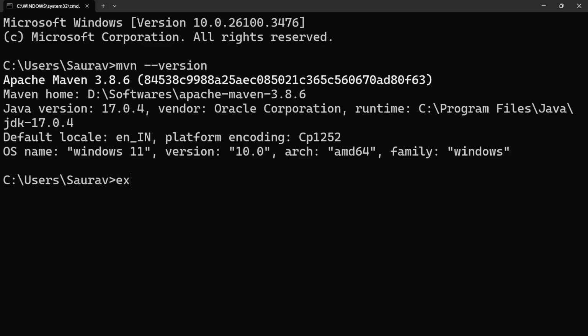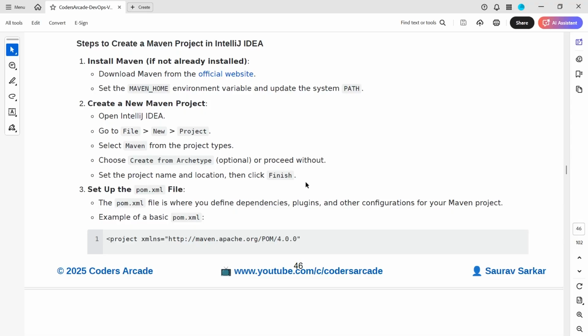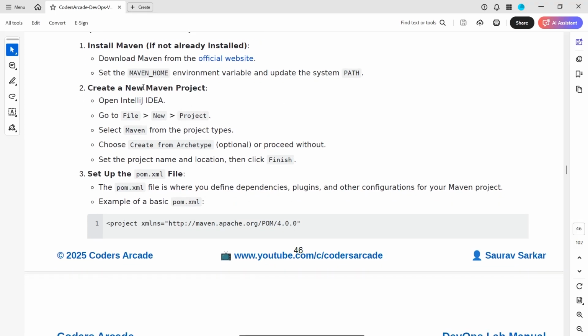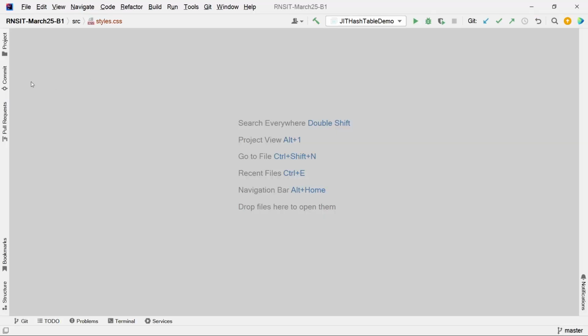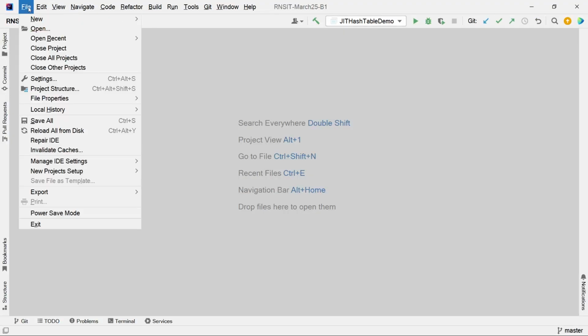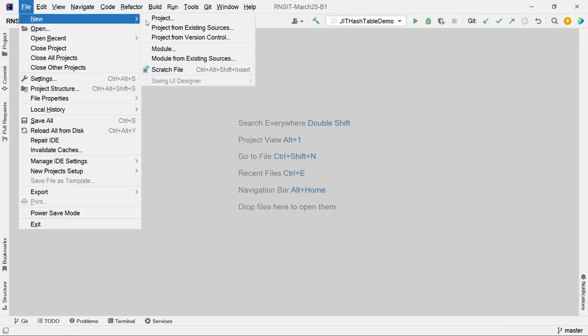Fine, I'll just exit this. So the first step is done, installing Maven. I've given the link of the official website also. You can go there and do it. Second thing is to create a new Maven project in IntelliJ IDEA. So I'll open IntelliJ IDEA. Here it is. Go to File, New, Project,